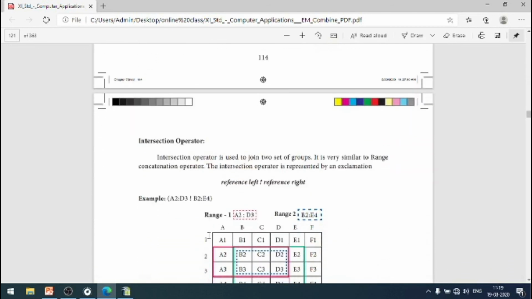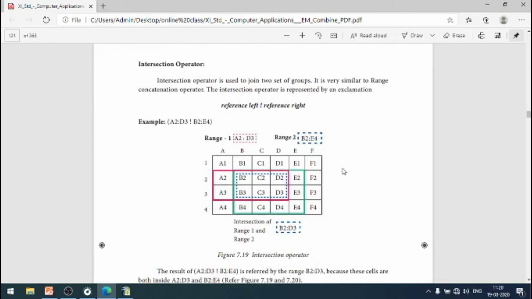The next is the intersection operator. You see, the exclamation symbol is an intersection operator. The range between the intersection will be added. Understood? Okay, look at this example. The first range is A2 to D3, marked in red. Another range is B2 to E4, marked in a dotted line.